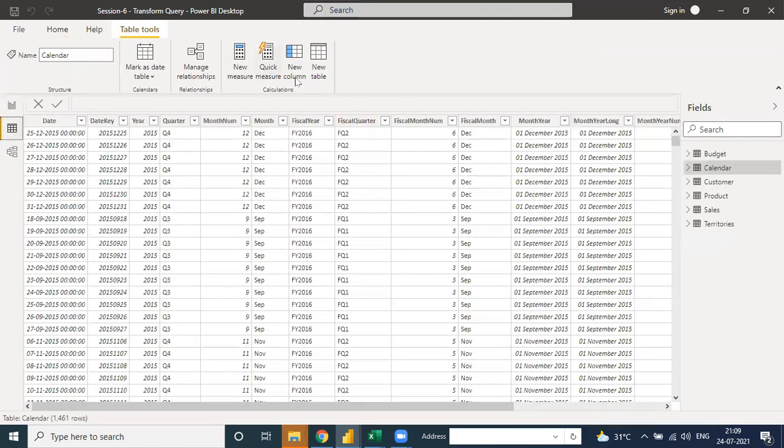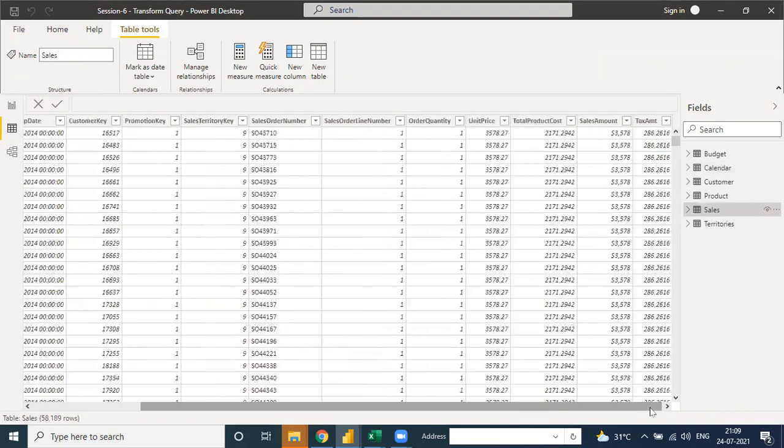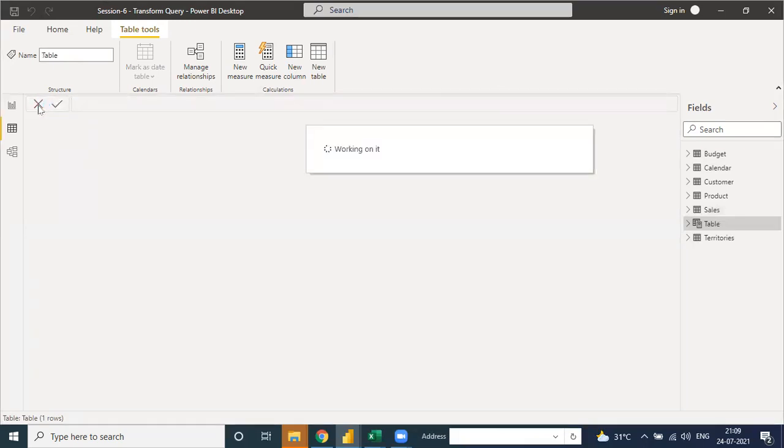Here there is one more thing, like new column. You need to connect the new column, as in the sales value. When you put the sales amount and tax amount by the new column, suppose I click on the new table. No, we don't need a table. We need just one column.